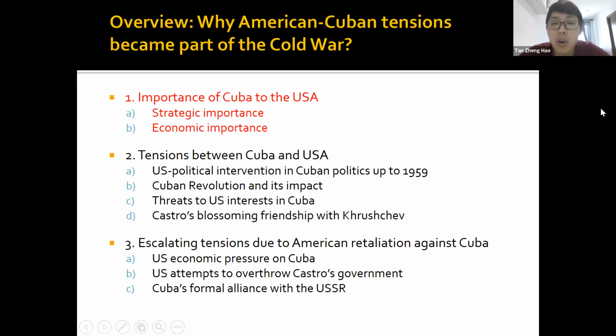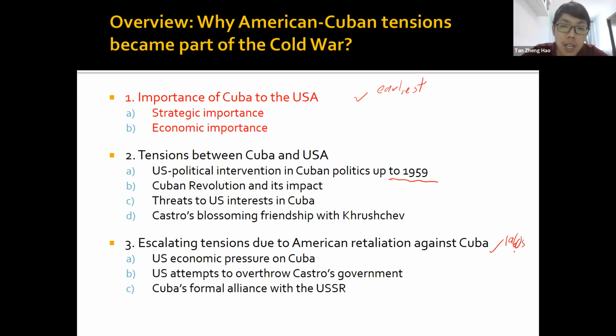Now, this is the first part. We're going to explore how come there was so much tension between America and Cuba, and we're going to look at 3 different time periods. Number 1 is the earliest: what was the relationship between America and Cuba at the earlier stages? Then we look at up to 1959, the 1950s: what was the relationship like? And the last part is mainly around the 1960s, very close to the crisis period. What were some of the things that America, Cuba, as well as the USSR did to create a lot of tension?